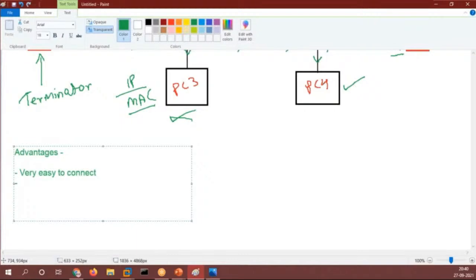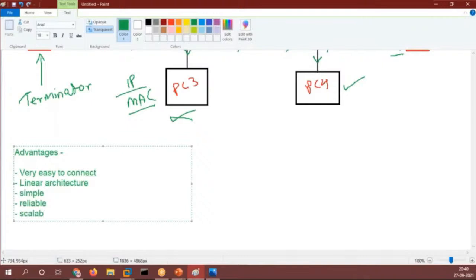Installation is very easy, right? Linear architecture. So linear architecture means that it is very simple and reliable. Right? Now it is simple and reliable as well. Now it is scalable.